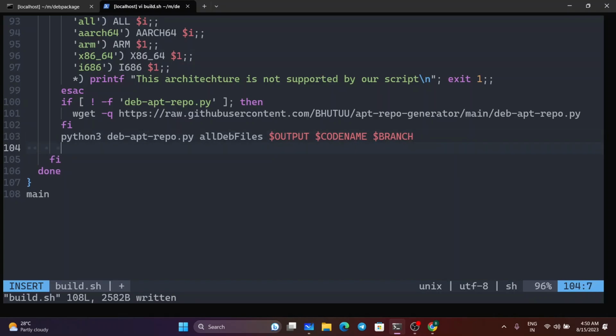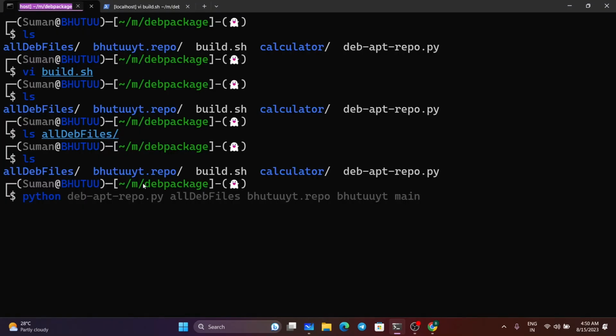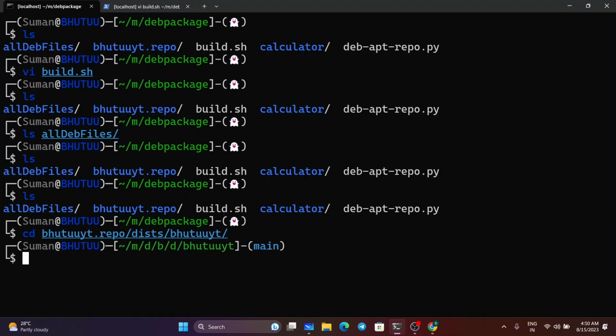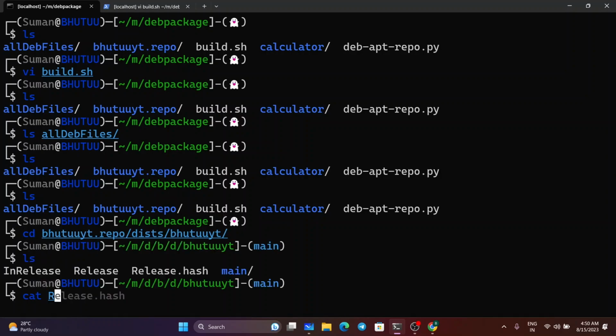Now we have to change the distro name. Like if you are making it for Kali Linux or something else, then you will definitely need to change this. You will definitely need to change this, right? If you do cat release, you see release,